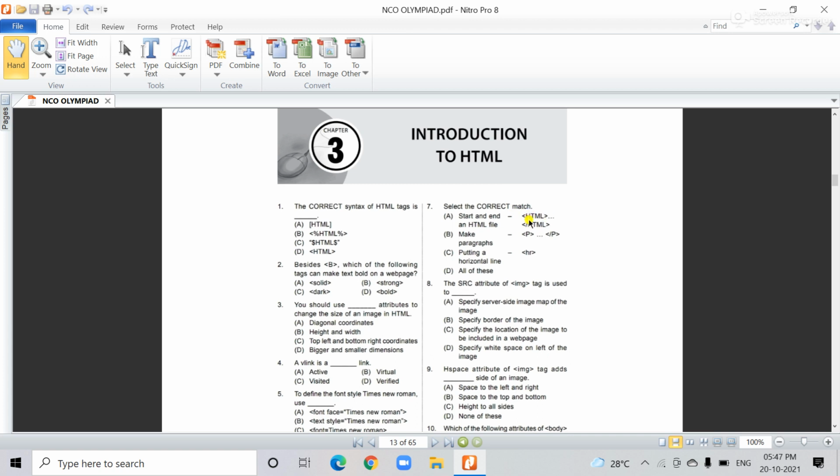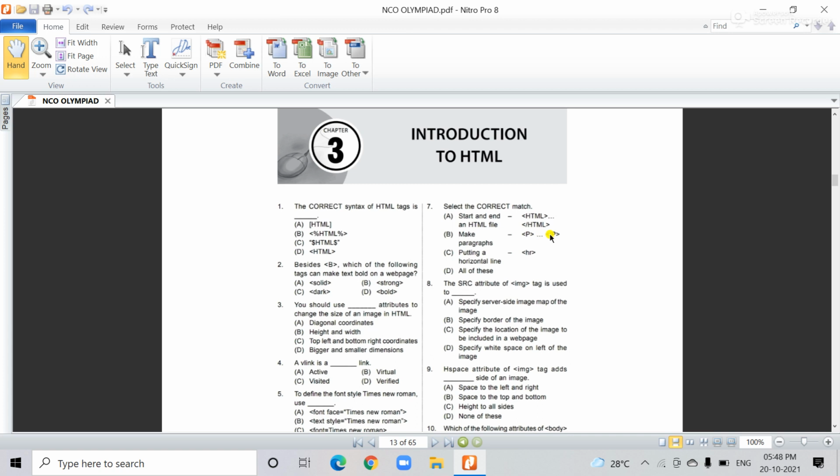The next thing you can see here is a slash. It means an HTML program starts with the HTML tag and finishes with the slash HTML tag. This is the open bracket, and when the work of a particular tag is completed, then the tag operation is finished, and you use the slash. For a second example, P stands for the paragraph tag. Here is a P tag and here is a slash P tag. Between these you write your paragraph or text.